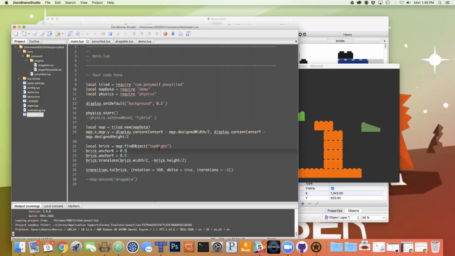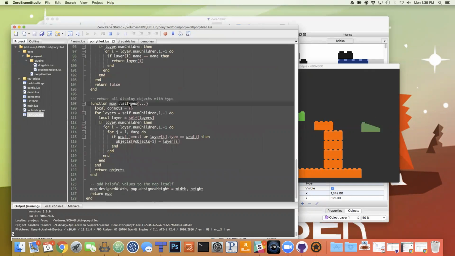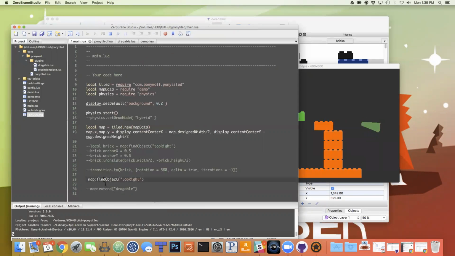The next question would be like, well, hey, wait a second. What if I have more than one object I want to find? We have a little command for that as well, and that would be list objects. I think that's what I called it in this. Make sure. Oh, list types, sorry. What list types will do is it'll return a table of everything with that particular type. So say brick. So bricks equals,